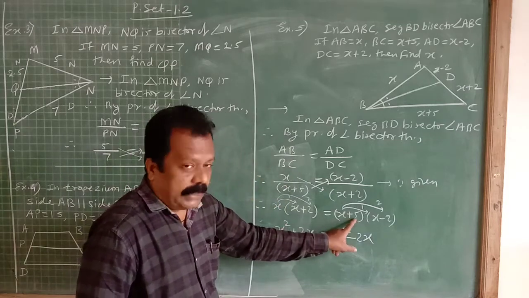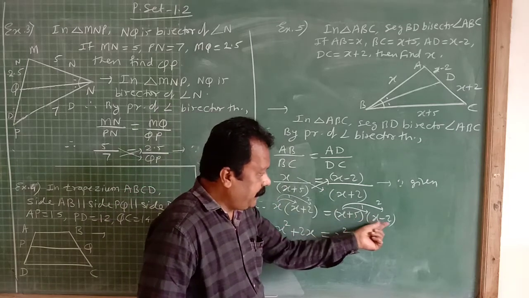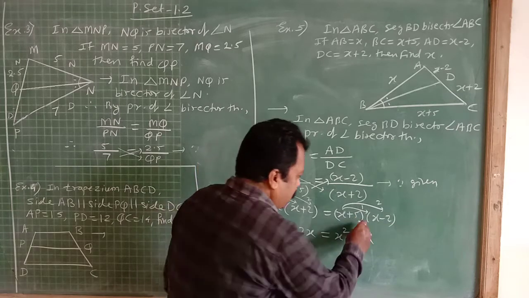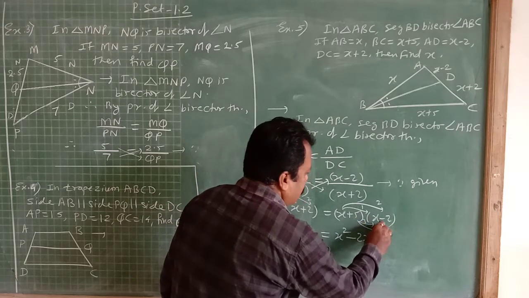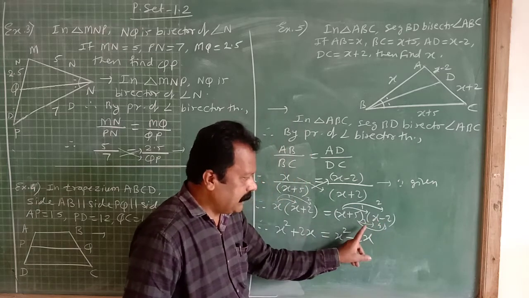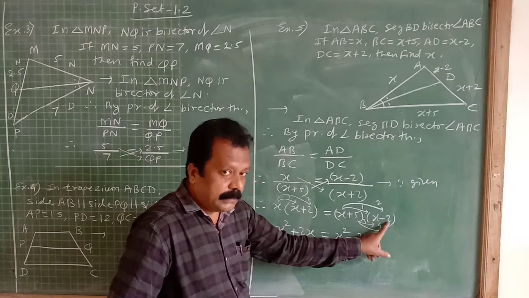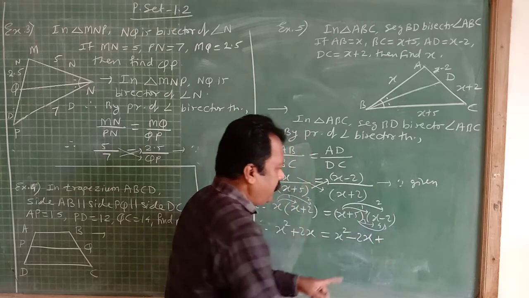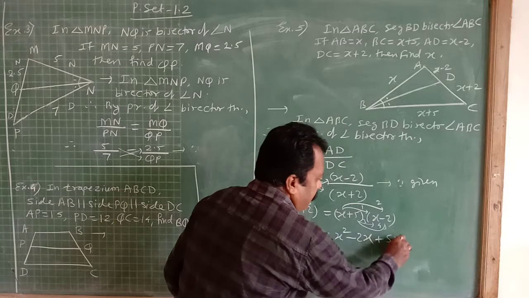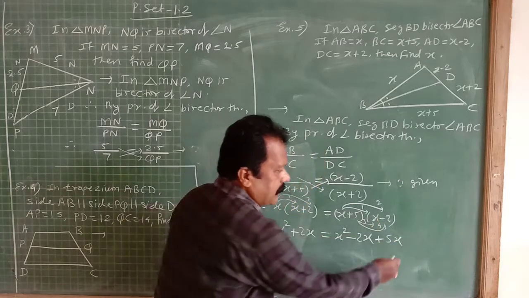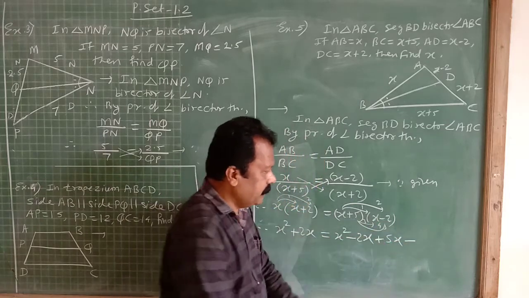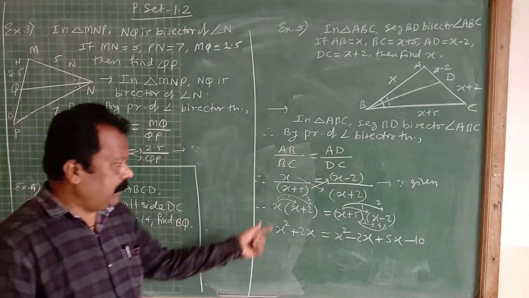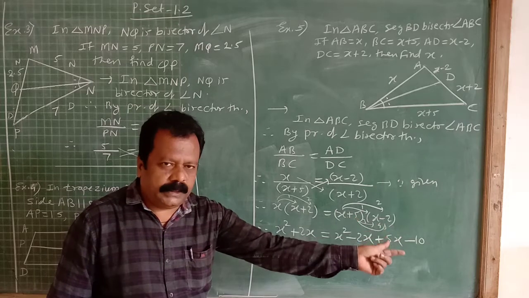Now remember second term. How first term multiplied with both terms? Same way, second term multiplied by both terms. So this is third step, this is fourth step. Second multiplied by first, this is third step. Second multiplied by second, this is fourth step. So second multiplied by first, plus plus, product is plus 5 into x, 5x. Plus minus, product is minus 5 into 2, 10. And product is finished. Product of monomial and binomial, product of binomial and binomial.